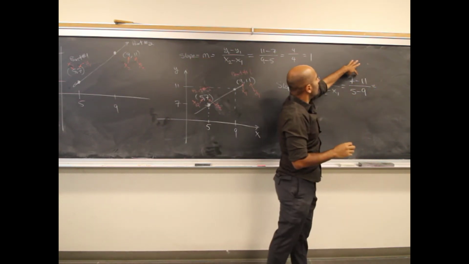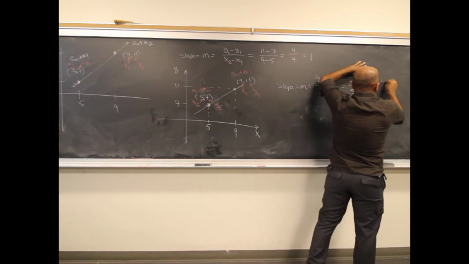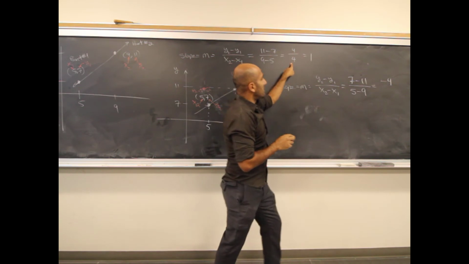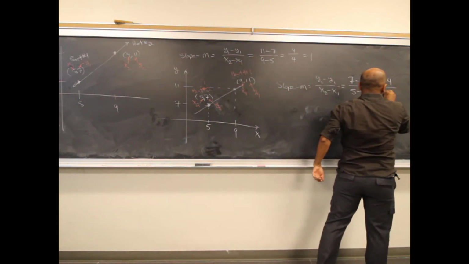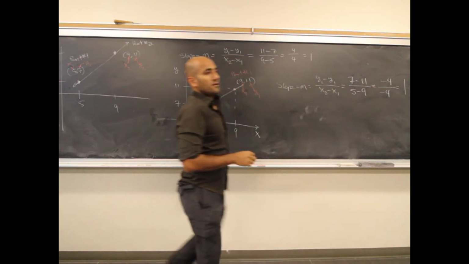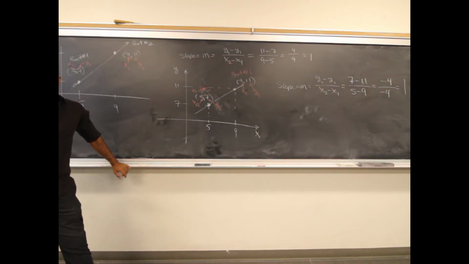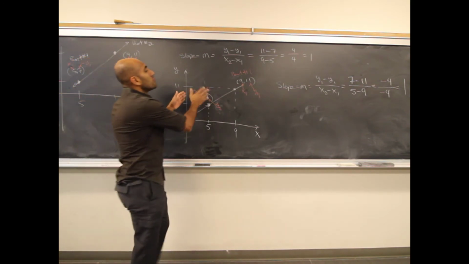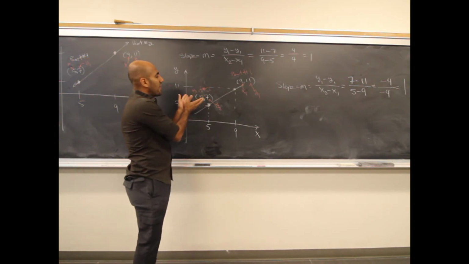So notice that in the numerator, we end up getting a negative 4, which is the opposite sign of before. But in the denominator, we end up doing the same thing. We get a negative 4, and so the whole thing still equals 1. And so we still end up getting the same answer. It doesn't really matter which one is point 1 and which one is point 2, as long as you follow the rules. What's important is for you to be consistent about which one you've named point 1 and which one you've named point 2,